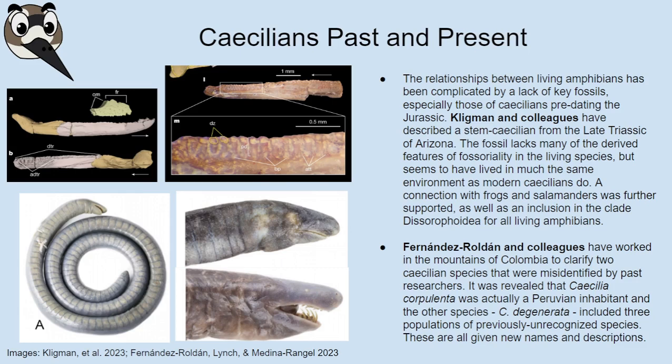A little Sicilian humor. But our first paper concerns their origins and relationship to other amphibians. So this is actually a really neat area of research. A common model for the evolutionary history of the living species is that they are all close relatives in a clade called Lissamphibia, which means the smooth amphibians, to distinguish them from the myriad other types of fossil forms that often have really bumpy or scaly skin, that are either close relatives or resemble them in appearance and